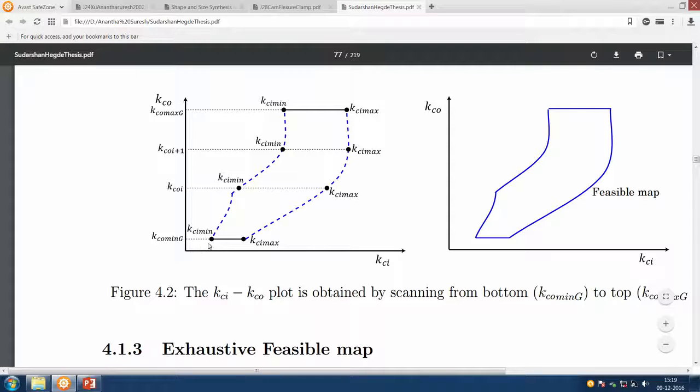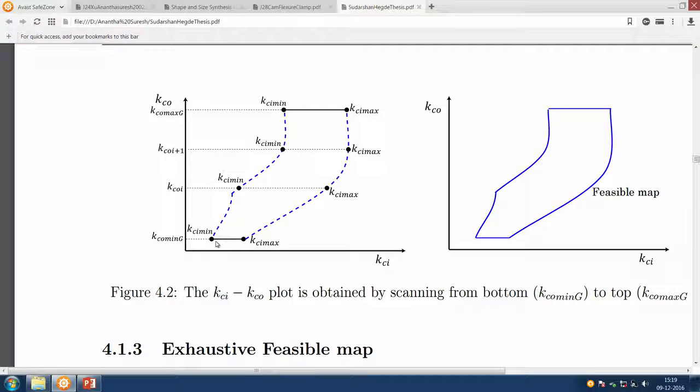So, what do we do? For a given KCO value, this is the KCO axis, this is the KCI axis. Let us say I prescribe a KCO value, let us say this line. Once I prescribe a KCO value, I still have n, that is we do not know, but I fixed KCO. Then I try to find whether values of n exist at all, and once I have values of n that exist with our inequalities and equations, then I look at the KCI value.